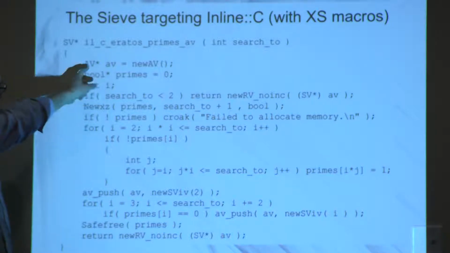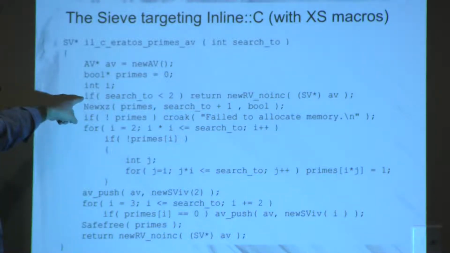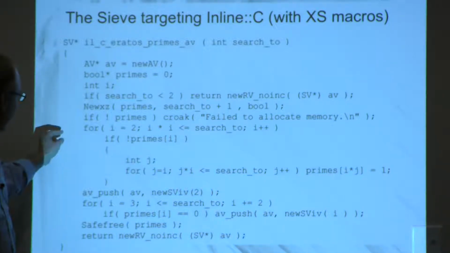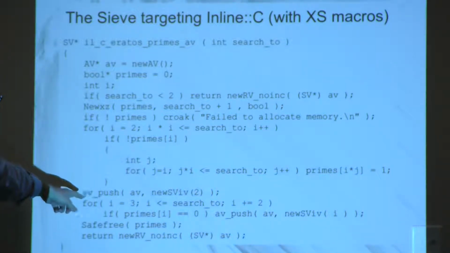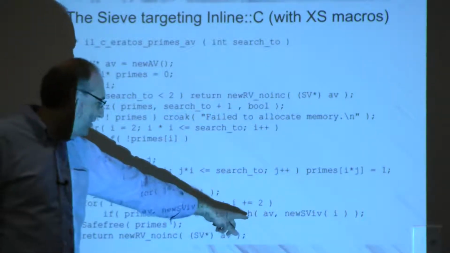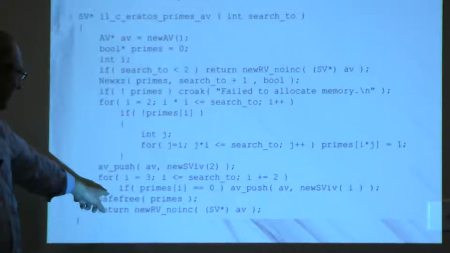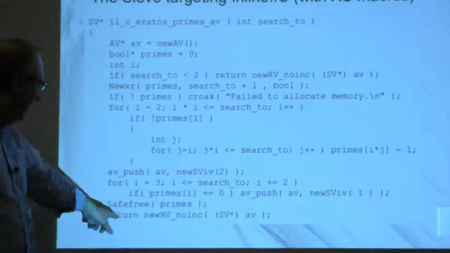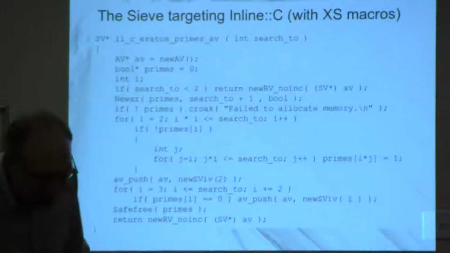We have a pointer to booleans of primes, and then we go through the sieve. And the way the sieve works is you've got a big sieve of ones and zeros, essentially. It starts out all zeros or all ones, and every time you find a number that cannot possibly be prime, then you flip the bit from 1 to 0. And here we're using bools. And then in the case that I did here, I'm just returning an array. I'm pushing a bunch of items onto an array that will be the primes that we found in this sieve, and we're now returning the array. So there's our prime sieve in